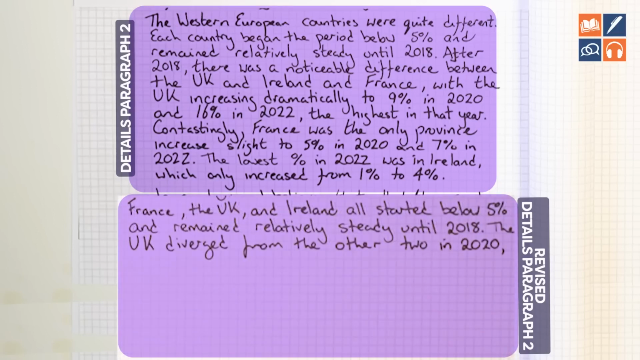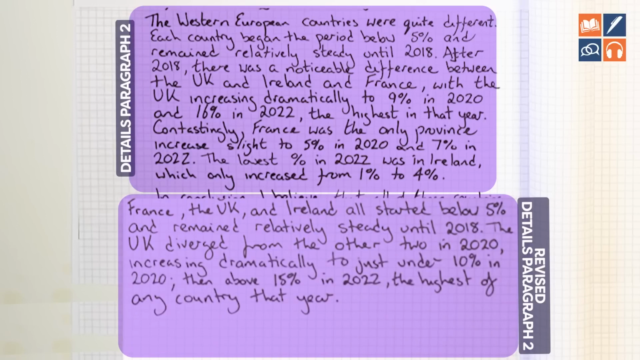So the UK diverged from the other 2 in 2020. So they were all kind of doing the same thing, and then one diverged, did something different. And we can use referencing here, the other 2, because we've made it clear to the examiner that this paragraph is about France, the UK, and Ireland. So it's okay to use referencing like that, the other 2, because it's clear who the other 2 are. So increasing dramatically to just under 10% in 2020, then about 15% in 2022, the highest of any country in